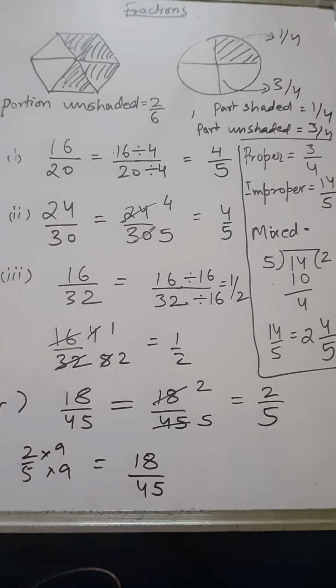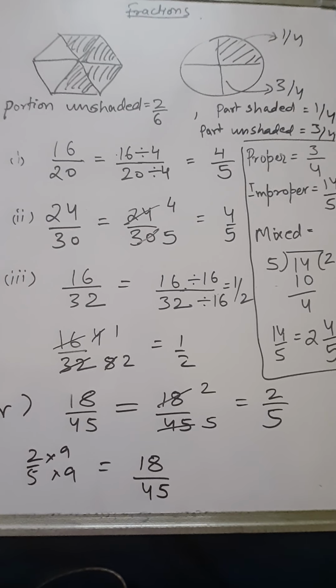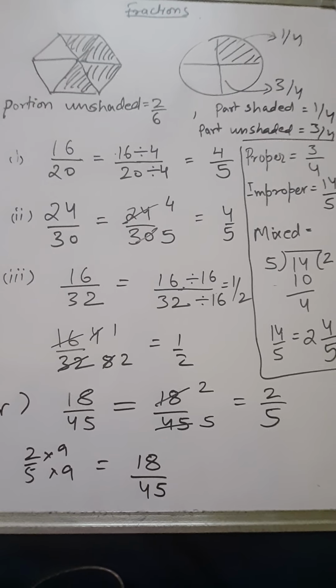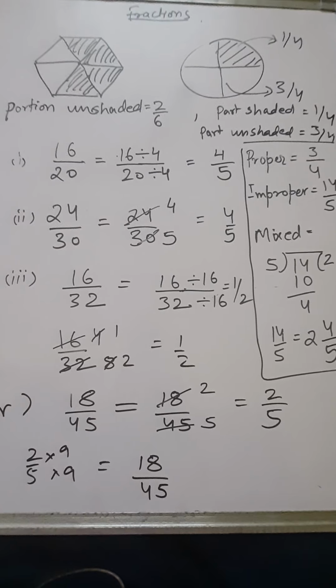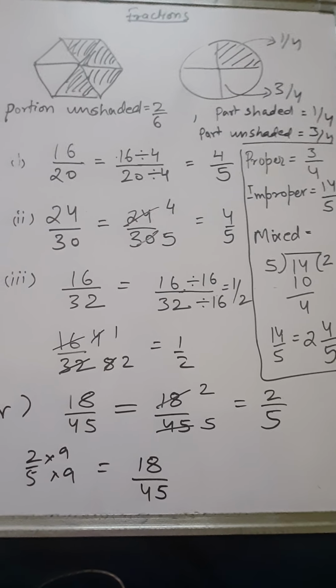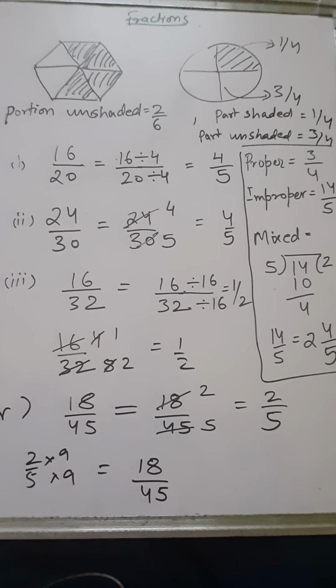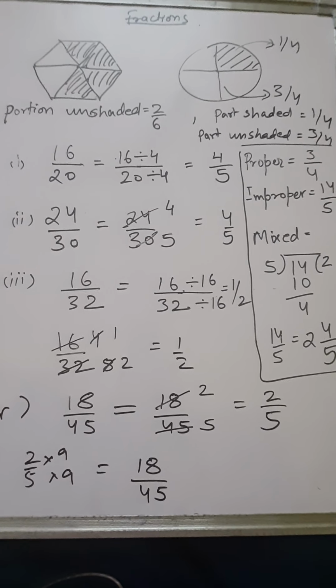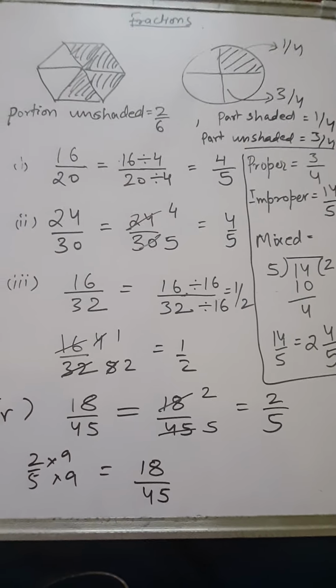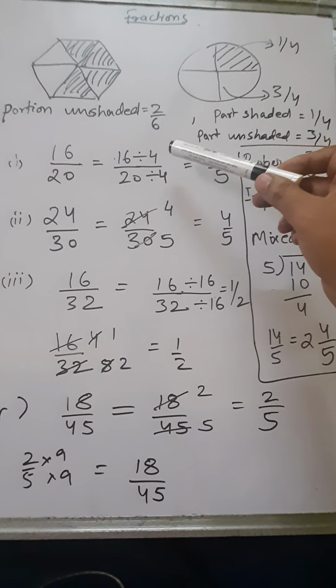Now let's come to the exercise in which the question says you have to convert the fraction into lowest term form. Remember children, in any fraction you can divide or multiply by the same number in the numerator and denominator both together, right? We can divide and we can multiply by the same number. Okay, so if we have to convert to the lowest term, what will we do?